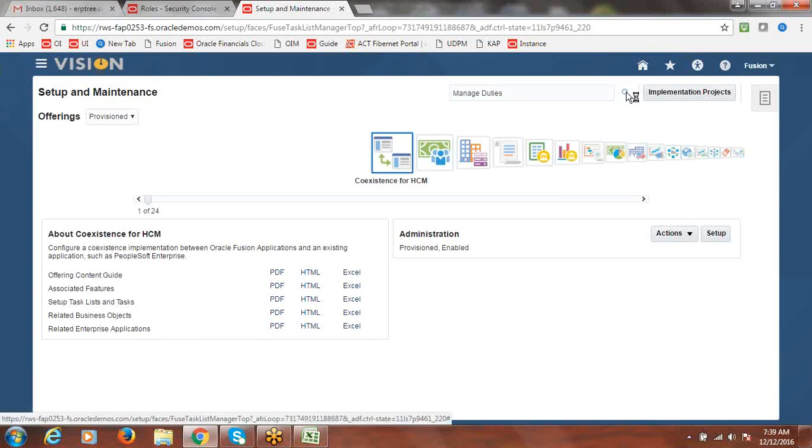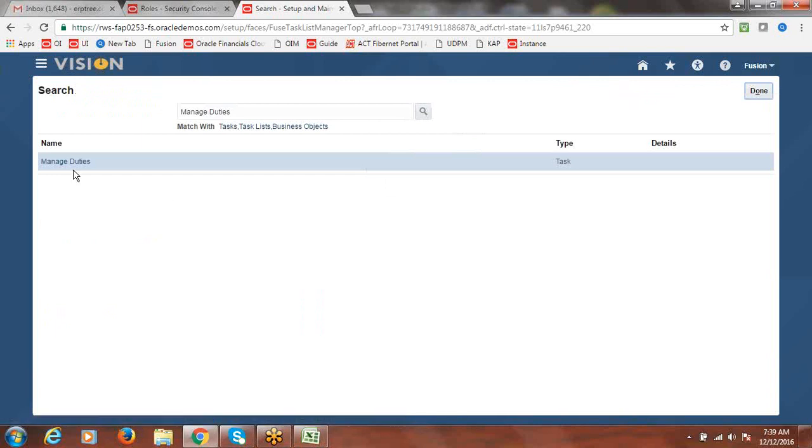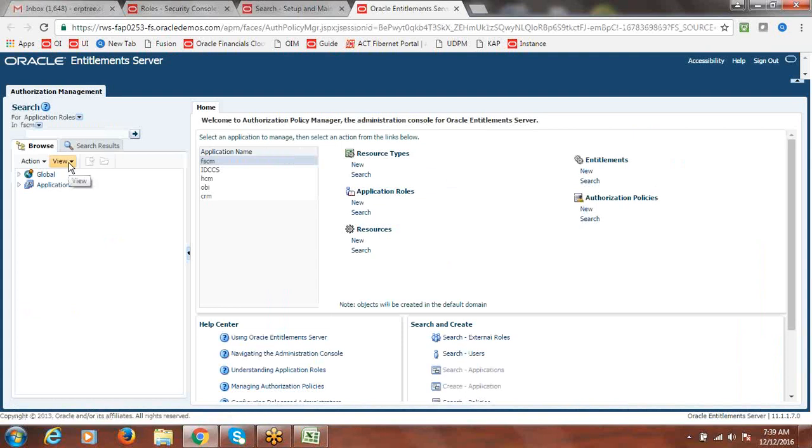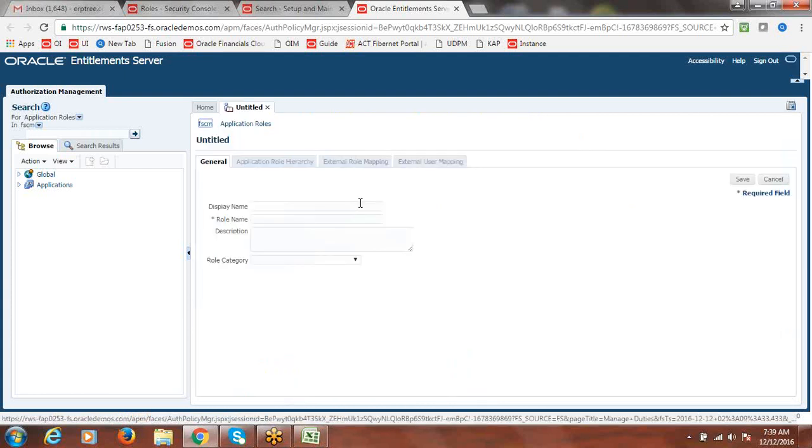Click on search, say manage duties. Okay, here go to application roles. Click on new.